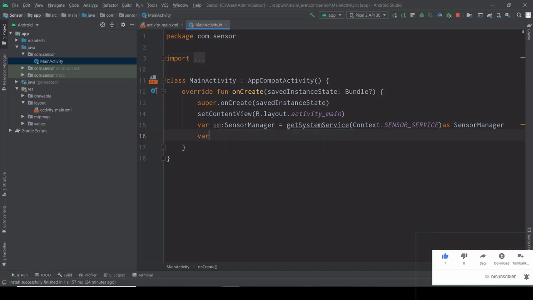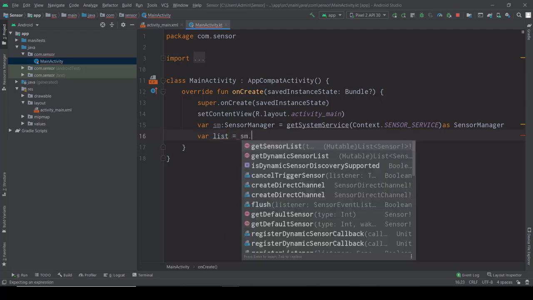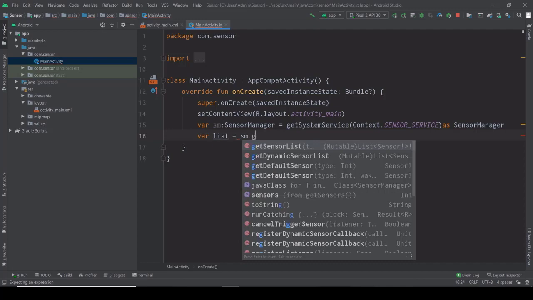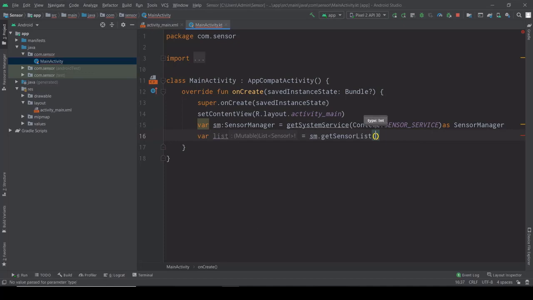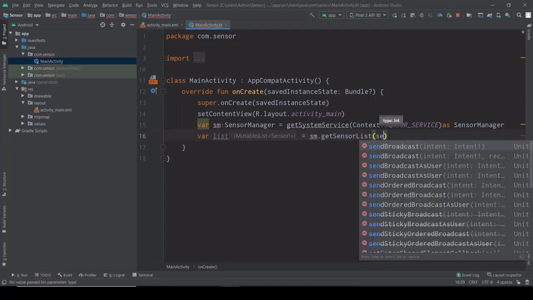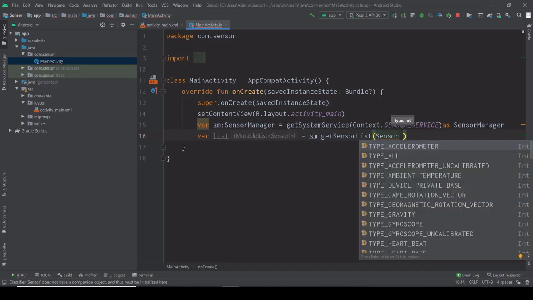Another variable is a list, and here I get the sensor list, using the sensor keyword dot. Which type do you want?